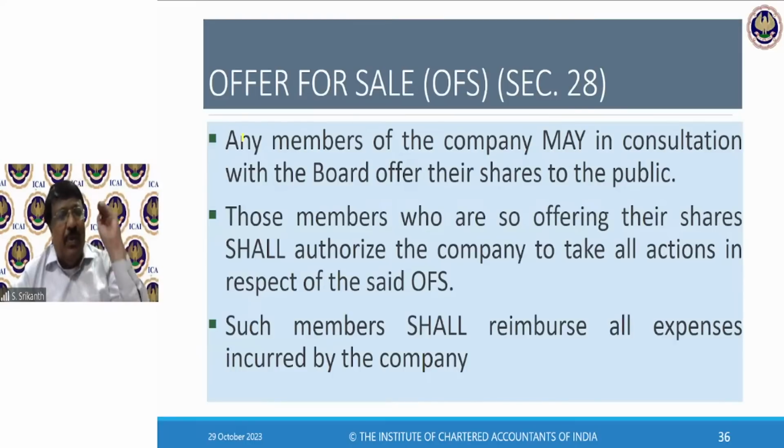Therefore, whatever is spent by the company, to the extent it pertains to OFS, will be reimbursed by these members. Such members shall reimburse. How to calculate? See, you are all already CA students. You tell me, 2 million, 1 million, so 3, so 1/3. So 1/3 of the expenses I have to give. That's some logic. If it is directly attributable to the company, leave it. But if it is only relating to OFS, bring it here. Common expenses, divide. That's all.